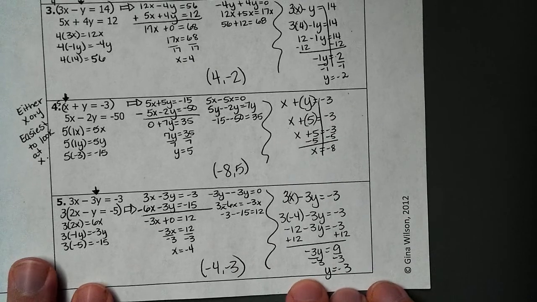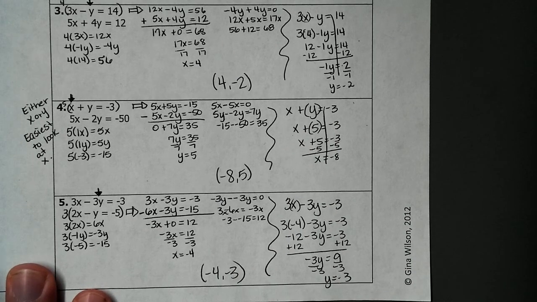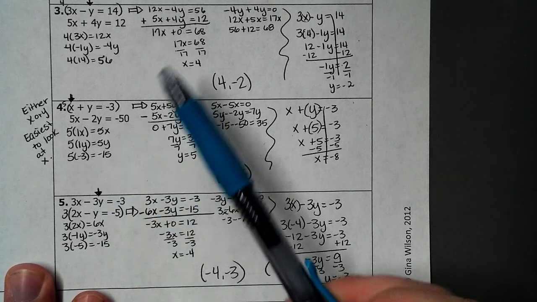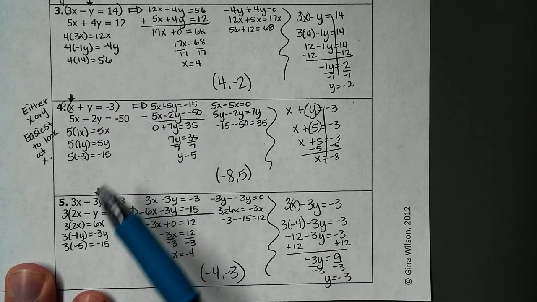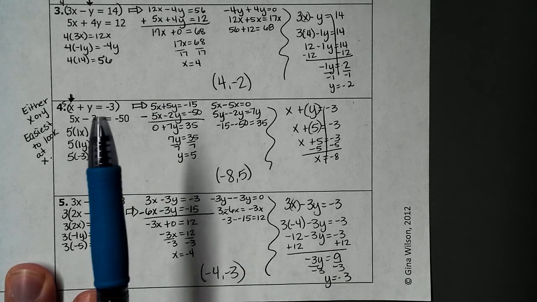Now, we've got 3, 4, and 5. Now, I'll just point out a few things on number 3, 4, and 5. All of them had at least one coefficient that had a value of 1. So, like,